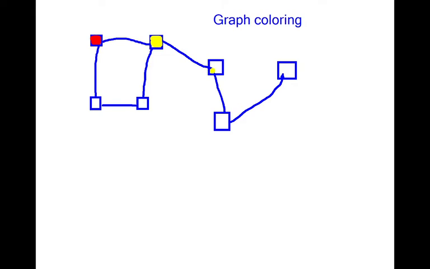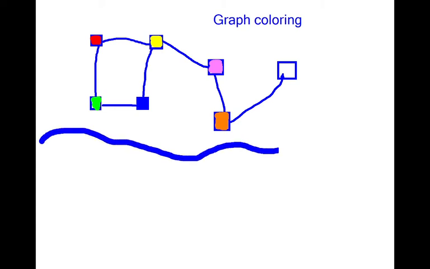Now here I cannot use yellow color, because the neighbors have it, so I'm using pink color, right? And here I cannot use pink color, so let me use orange color, right? And here let me use white color. So here I can use, let's say, green color, and here maybe I can use blue color itself, right? Now in the graph coloring problem we need not to assign same colors to neighboring nodes, but another